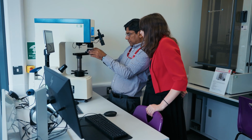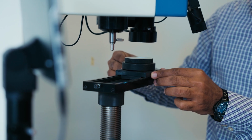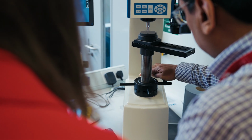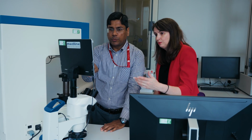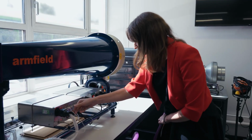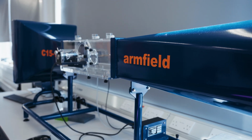So our new Manufacturing Engineer Apprenticeship at Staffordshire University is based around an academic qualification as well as training within the employment environment. The learning for the apprentices will take place in a mixture of on-campus and distance learning. So on campus, they'll be in the labs in the world-class facilities that we have here. The distance learning will enable them to keep in contact with their tutors throughout their learning, engaging with them one-on-one,